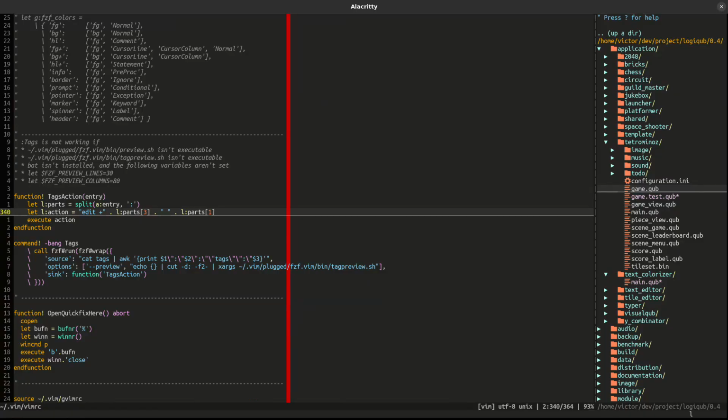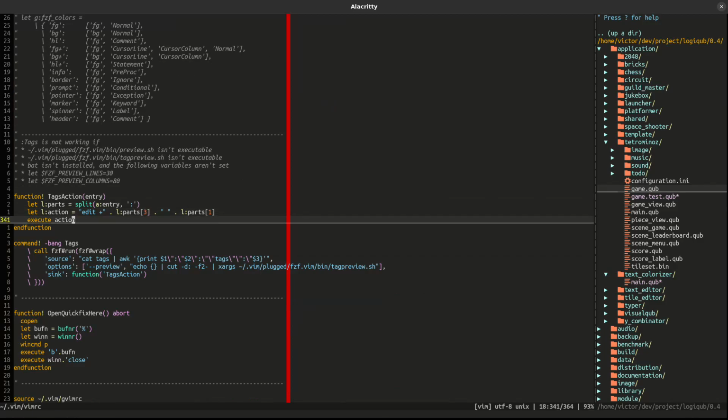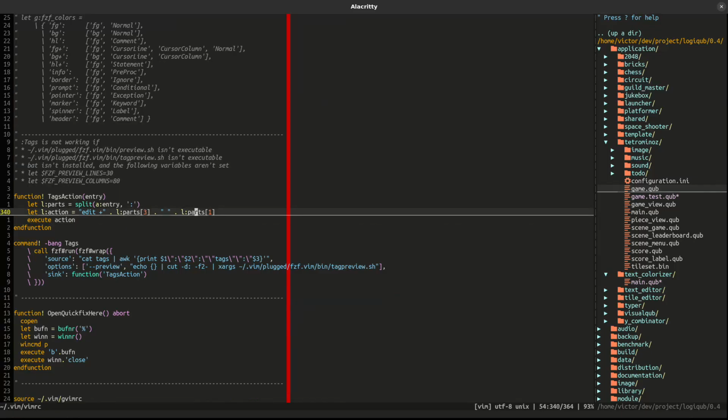Pick up the line number, part 3, and pick up the file name here and execute the action. And the action is to edit the file. So it's going to be edit plus line number with a file name, and you can type it something like this, plus 20 with